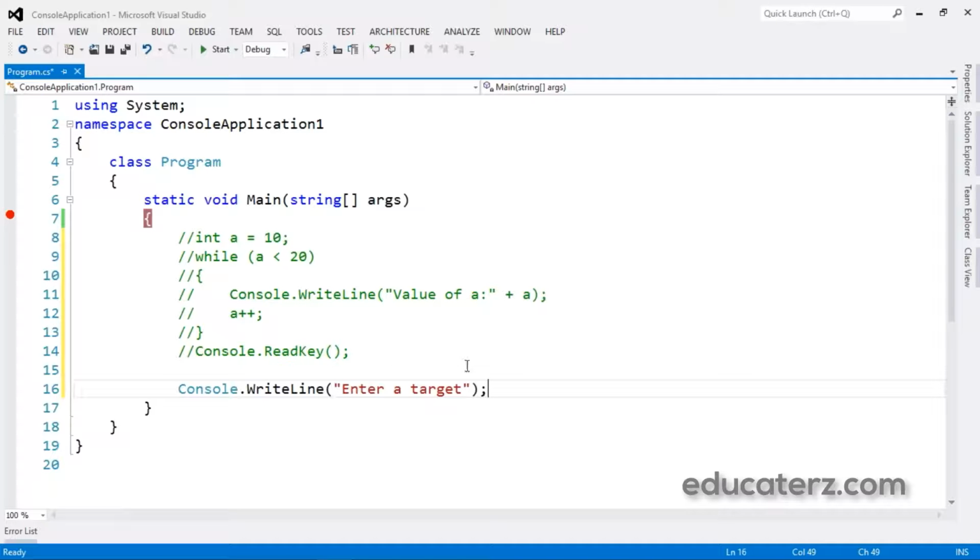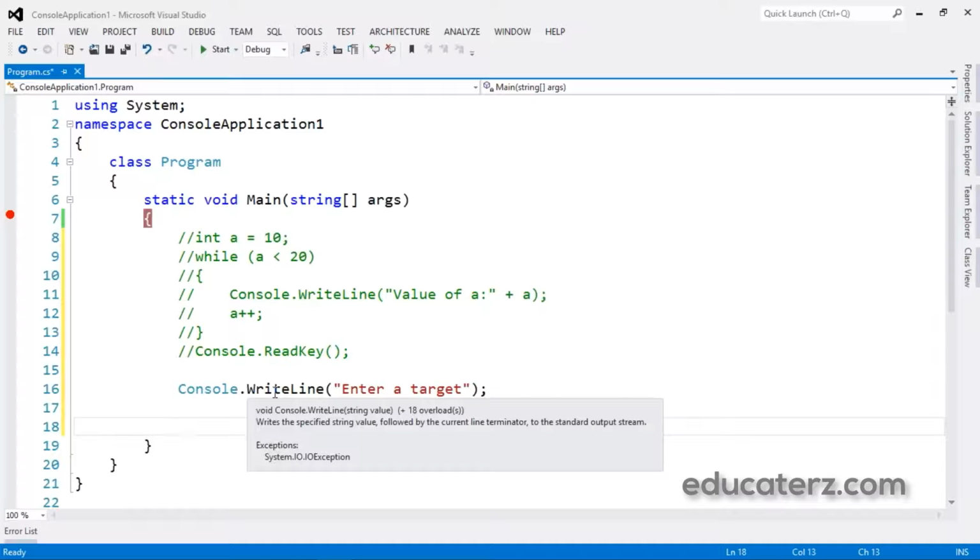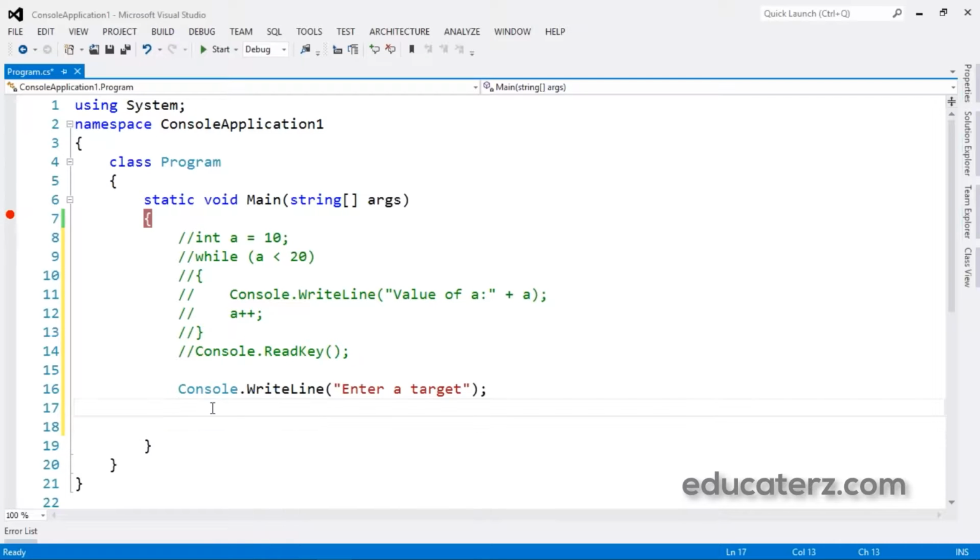Now we're going to enter the target. Remember that WriteLine is always used to write something to the console, and then we want to read it from the console. As we are asking to enter a number, we are taking an integer variable, userTarget equals int.Parse.